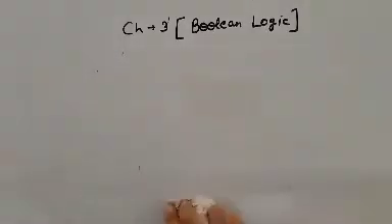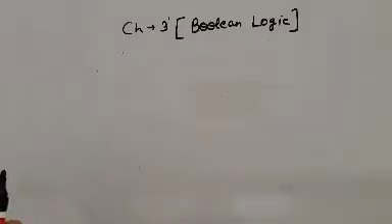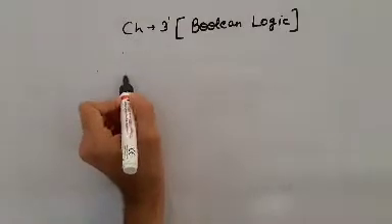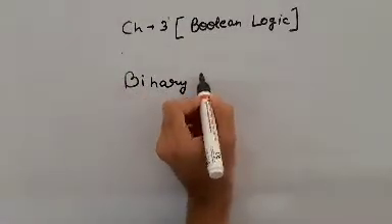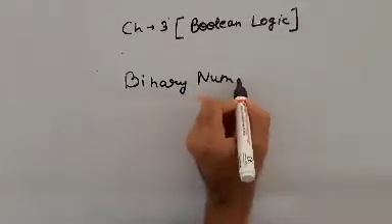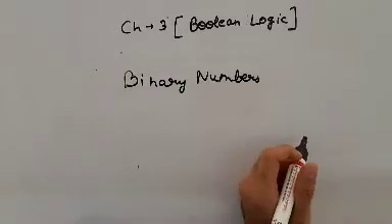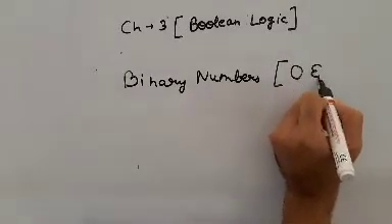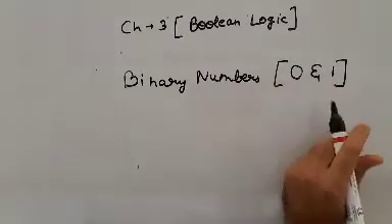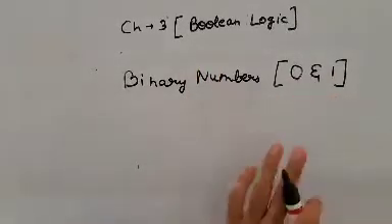Okay students, now for example, if I have to represent any kind of statement through logic, I use binary numbers or binary logic. Now you all know what binary logic means. For example, it only deals with 0 and 1. Now what 0 and 1 mean in our Boolean logic, we will see that.